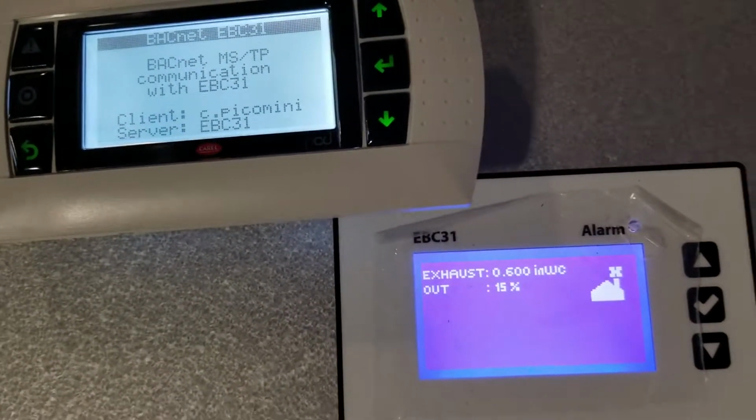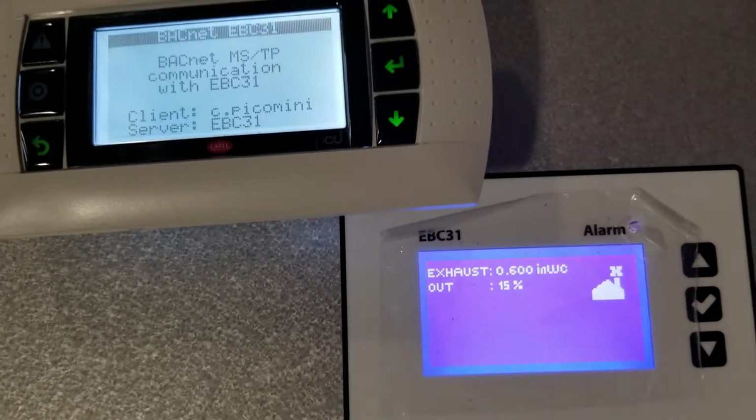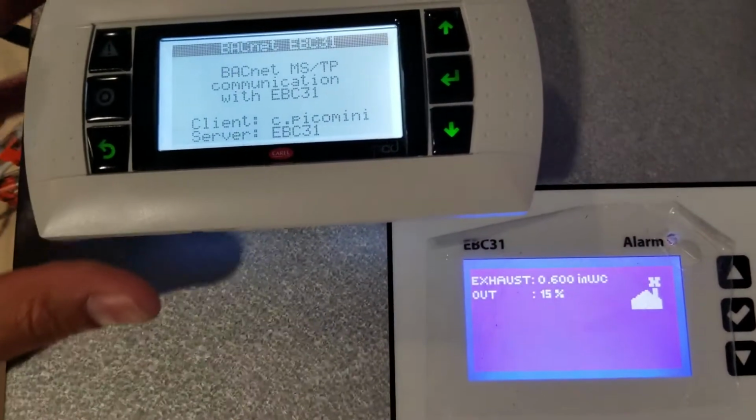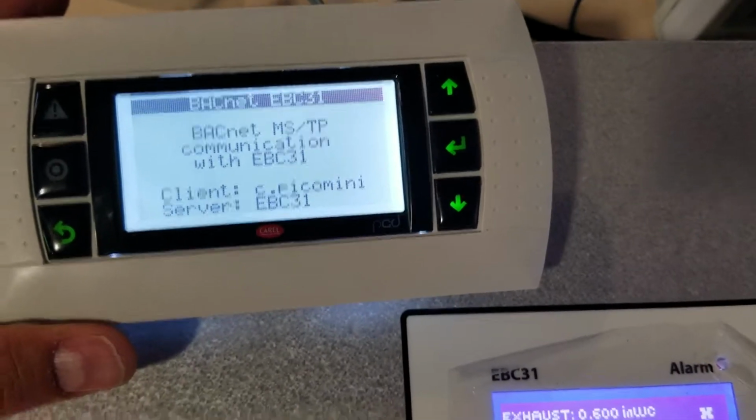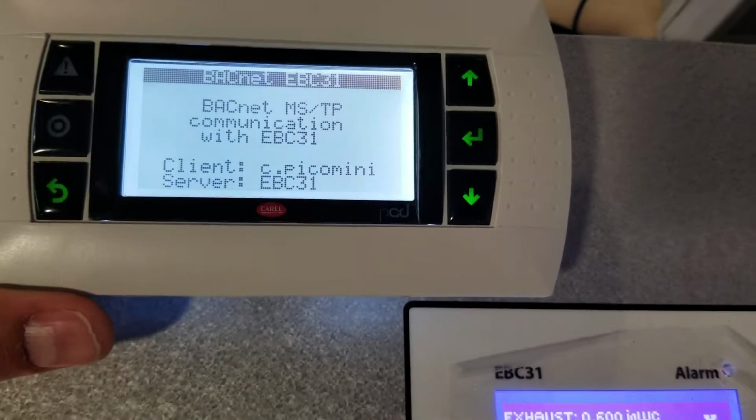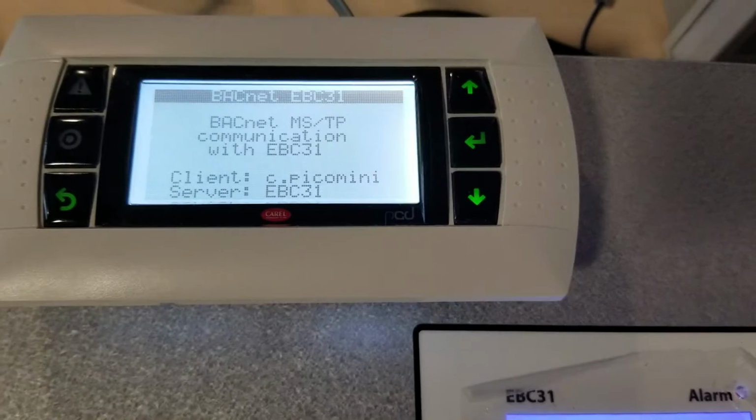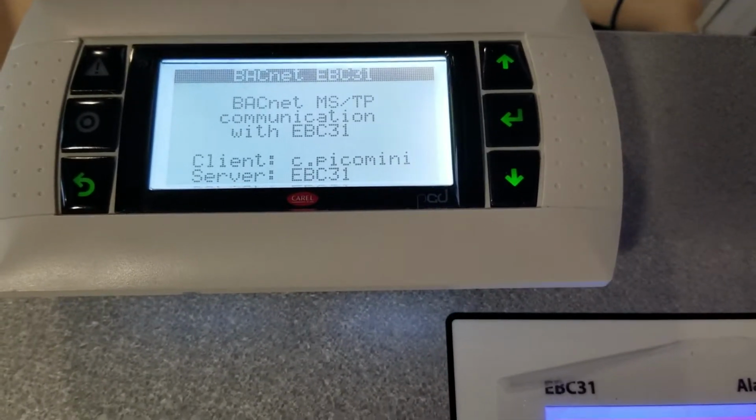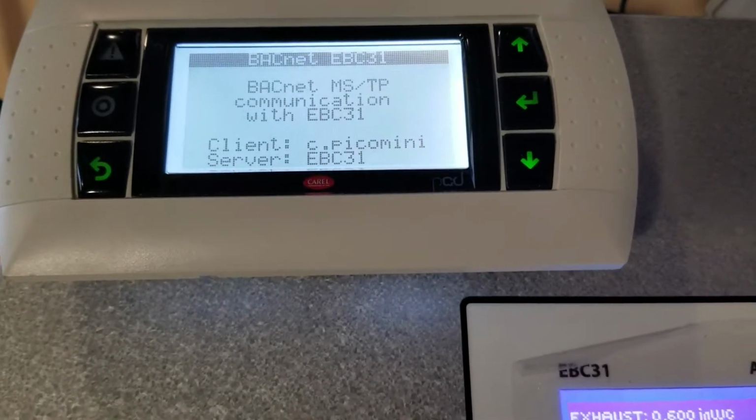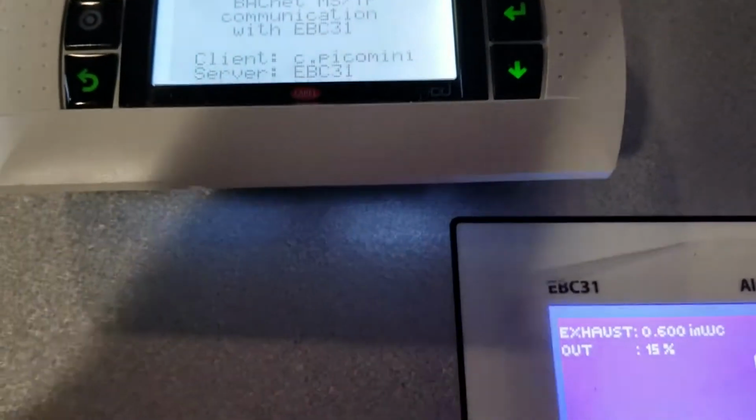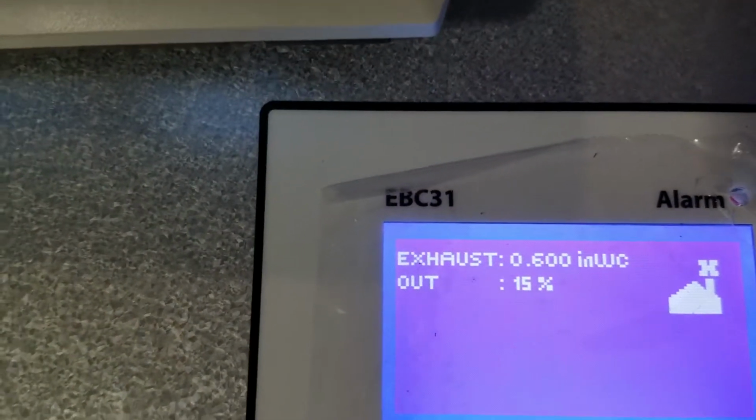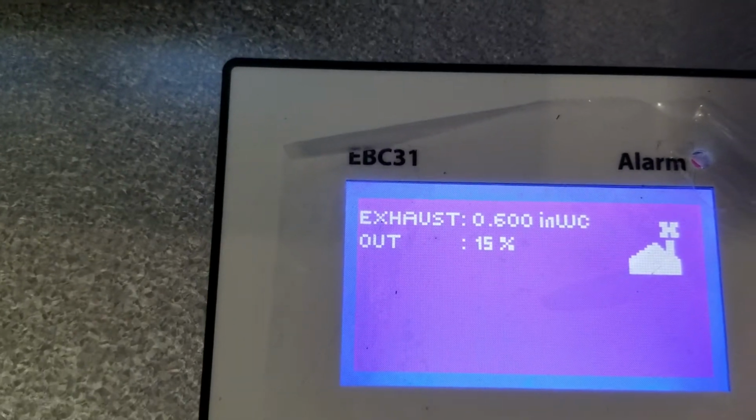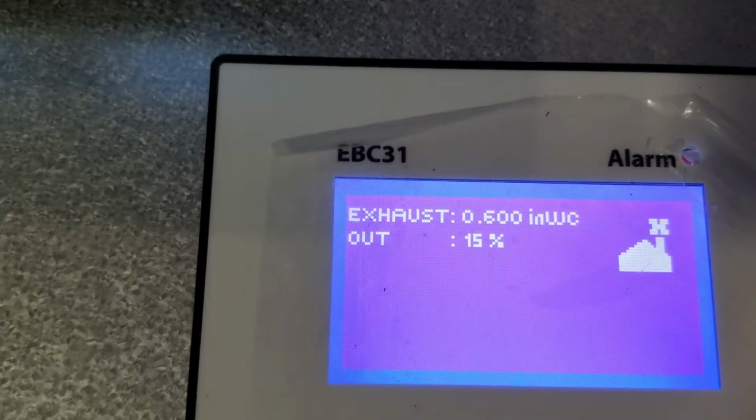So this is an EBC31 connected to a master BMS controller via BACnet MSTP. The EBC31 has been configured to